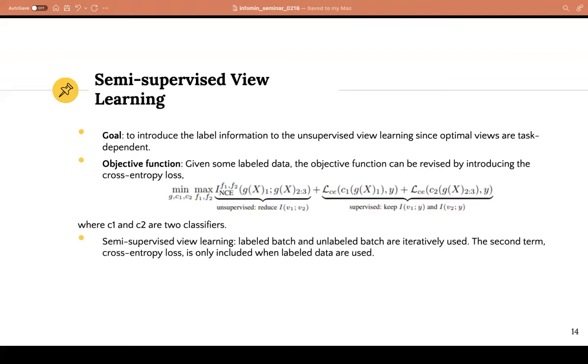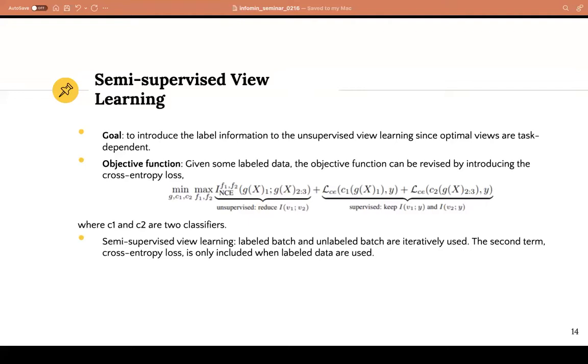So here they revised the unsupervised objective function like this. They add a second term, which basically is just cross entropy loss for the supervised learning. So here, their semi-supervised view learning is like